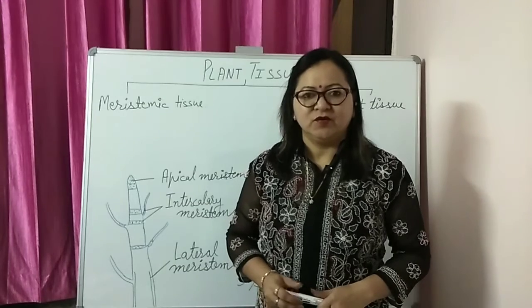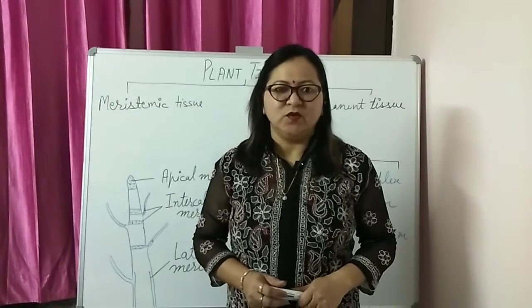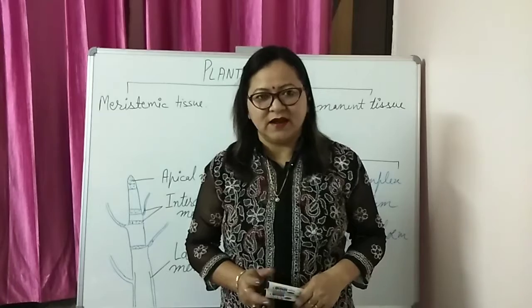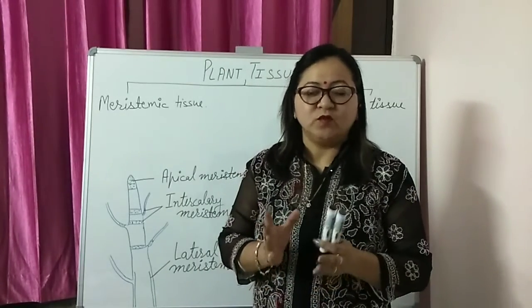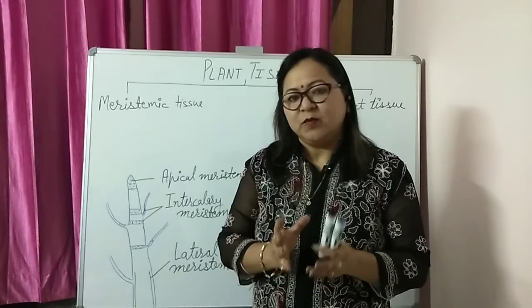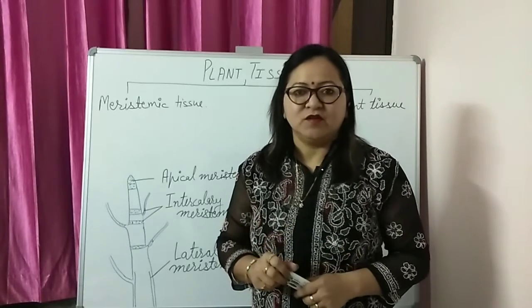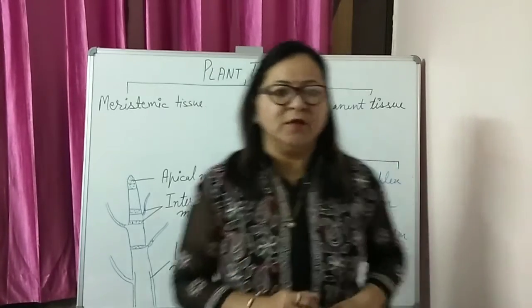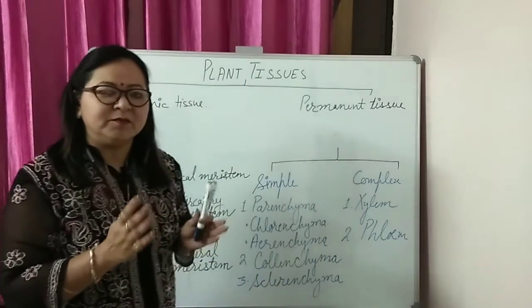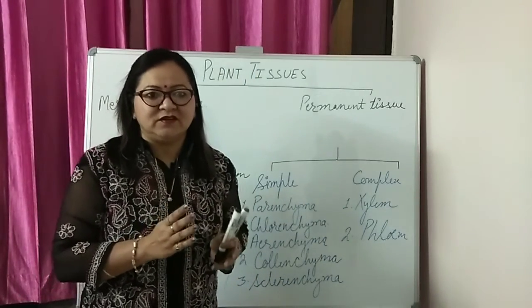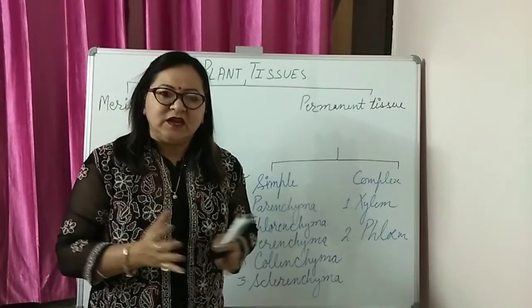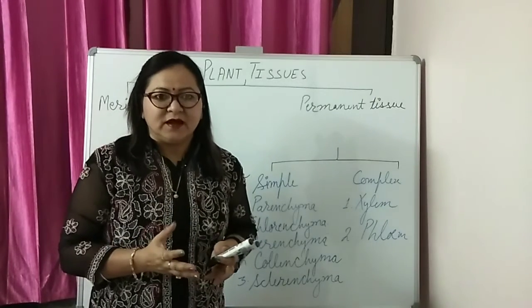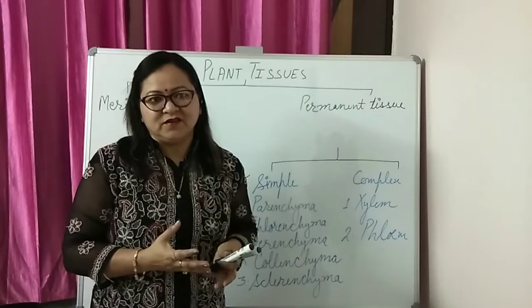Students, today I will explain plant tissues of class 9. First, tissue: a group of cells which work together to perform a common function is called tissue. If we talk about plant tissues, then in plants the growth is restricted to some places. Then the remaining part is also made up of cells, and they work together for some function and also